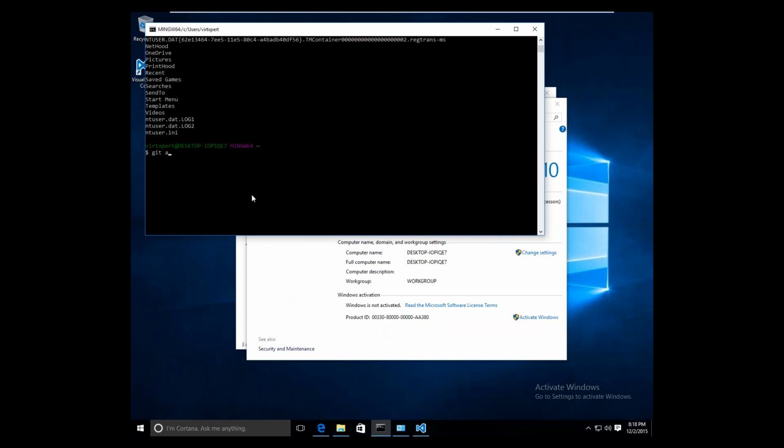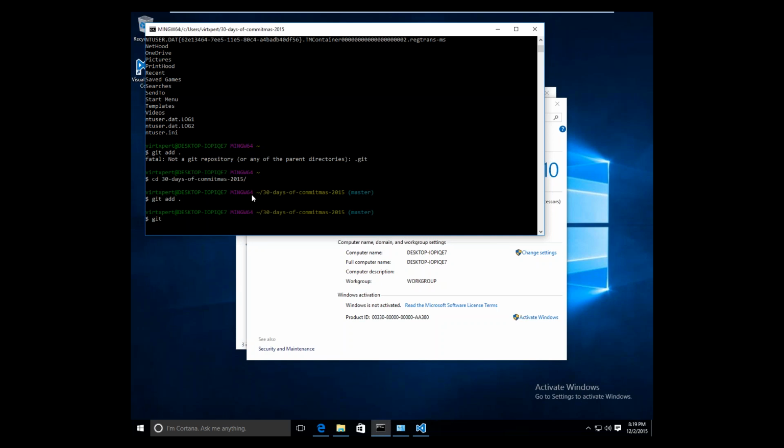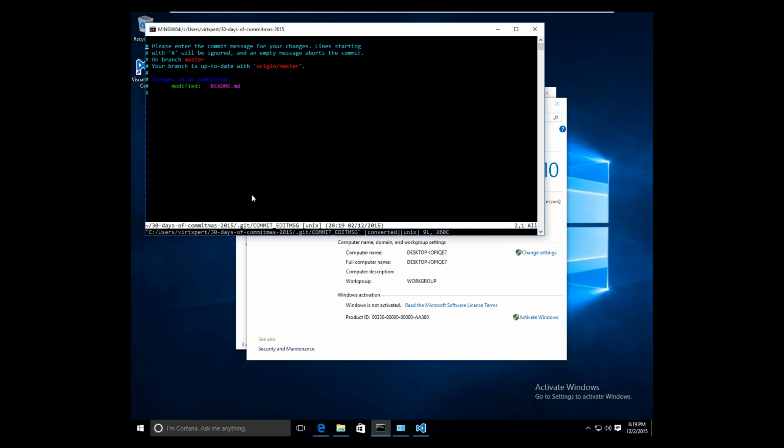So I can do a git add. And you could do a dot, which would add any files that you've changed. I've just changed this particular one, but I'm not in that directory. That's better. So I have to be in the directory, obviously, to git add. And then I need to do what's called a commit to commit that change. And when I do a git commit, if it plays nicely, there we go, it's going to ask you for